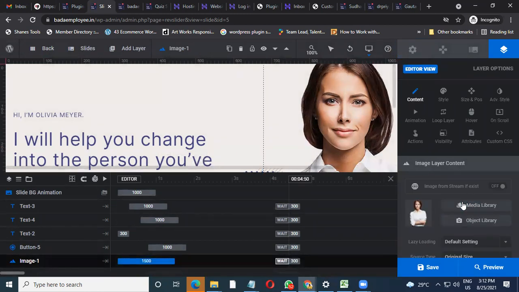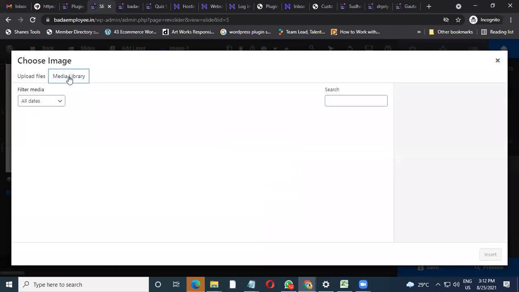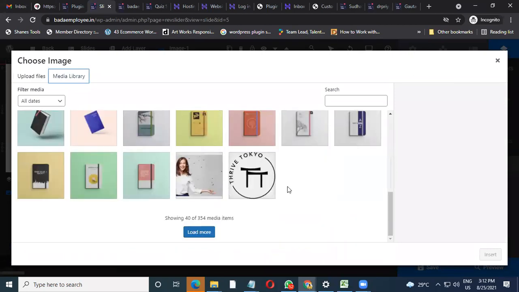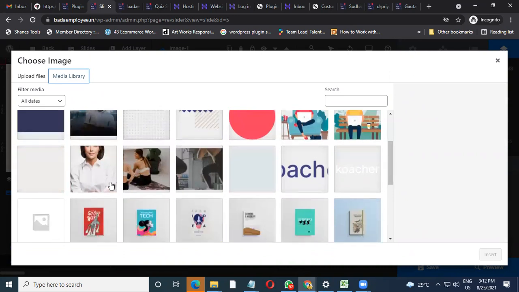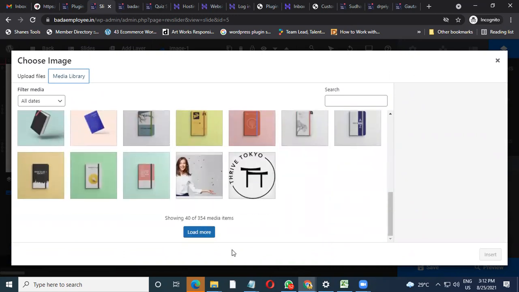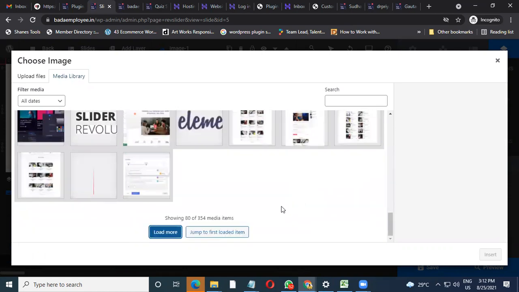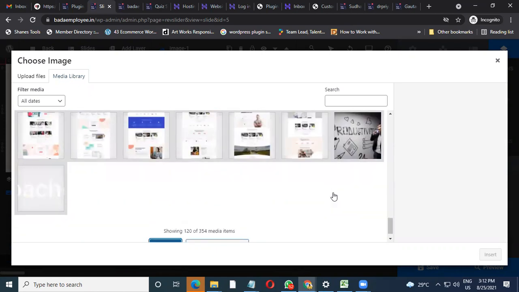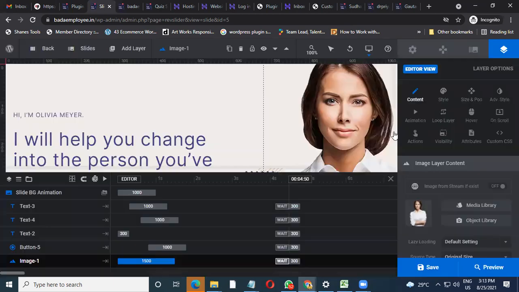So in case you don't want this image, you can go into media library, upload your photograph, make sure it is transparent rather than a block. Okay, and if you have uploaded the photograph, the photo can be seen in the media library, and from the media library you just need to select the photo and bring it up on the slider. I'll show you some other photo if it is there, but it is pretty easy to do it. So rather than thinking how to put it up, make sure your images are also in a similar format, and you can bring your photograph over here.